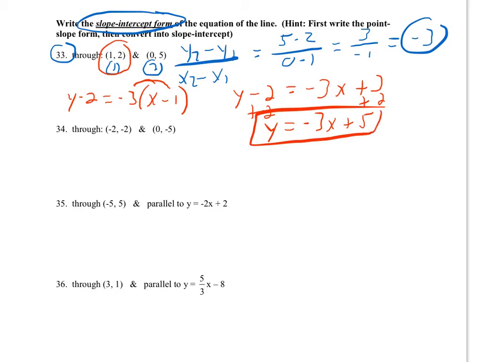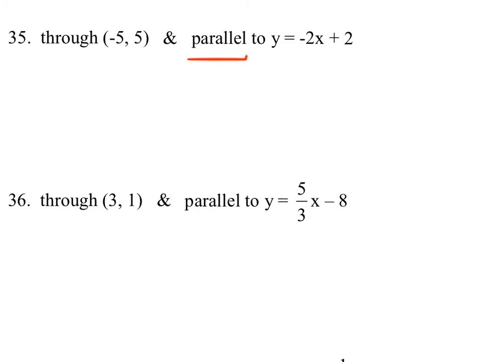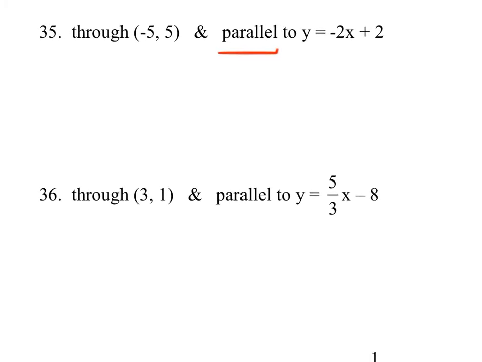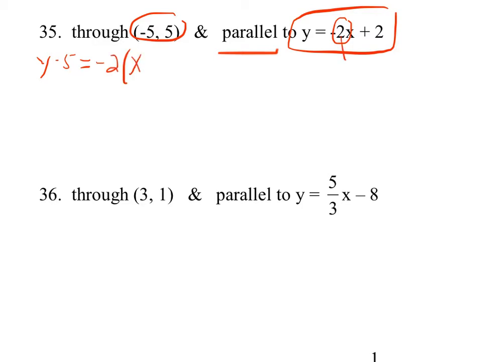Now the next one I'm going to do here is interesting because it deals with parallel. Since they're asking for a line parallel to it, all we need out of this equation is the slope. So again, I'm going to use the point-slope method here. Y minus, and this is our point, so y minus 5 equals the slope, and it's parallel to this, which means we have the same slope, and then x minus the x value, which is a negative